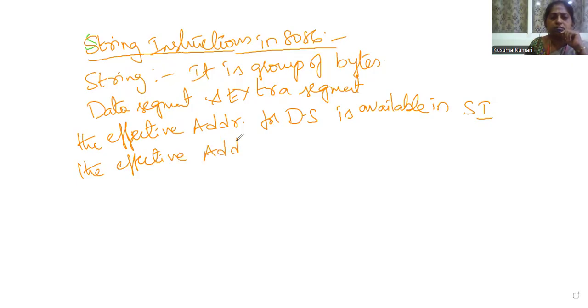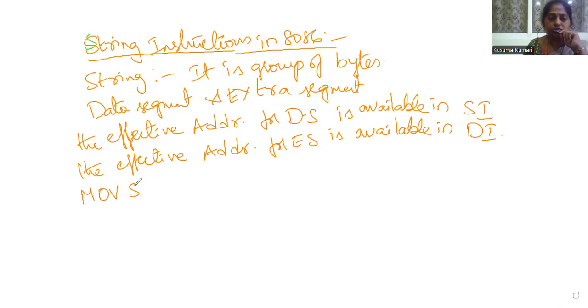effective address for extra segment is available in destination index register. Now, what are the string related instructions in 8086? Okay, so move string byte, move string word,